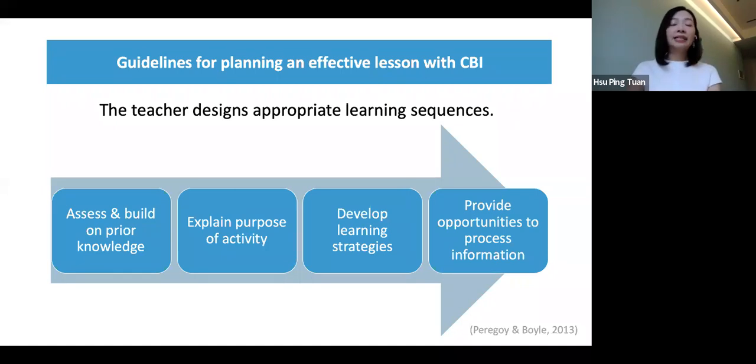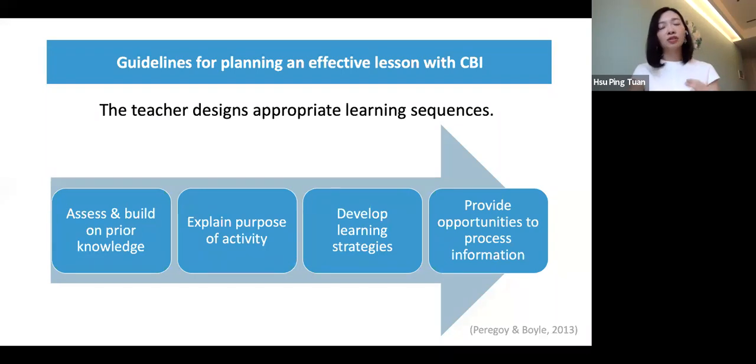To plan an effective lesson with content-based instruction, it is important that we follow certain guidelines. And I think this guideline is one of the most important ones. That is, we need to design the lesson based on appropriate learning sequences. So the learning sequences, first of all, will include that teachers need to